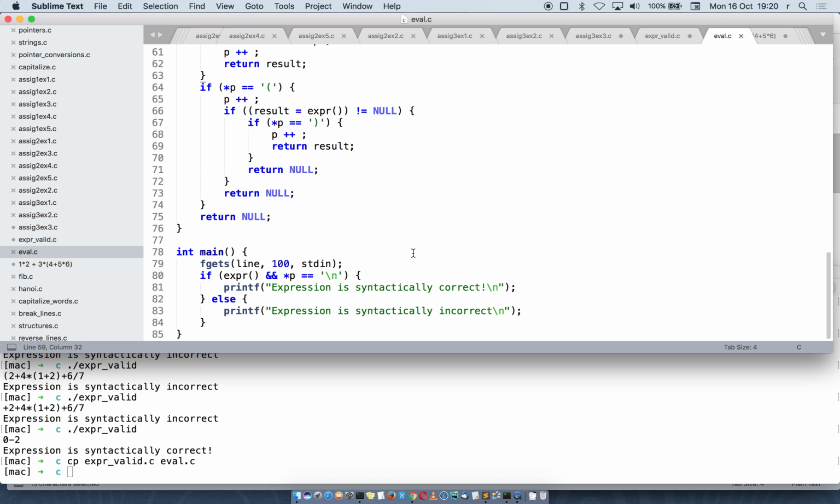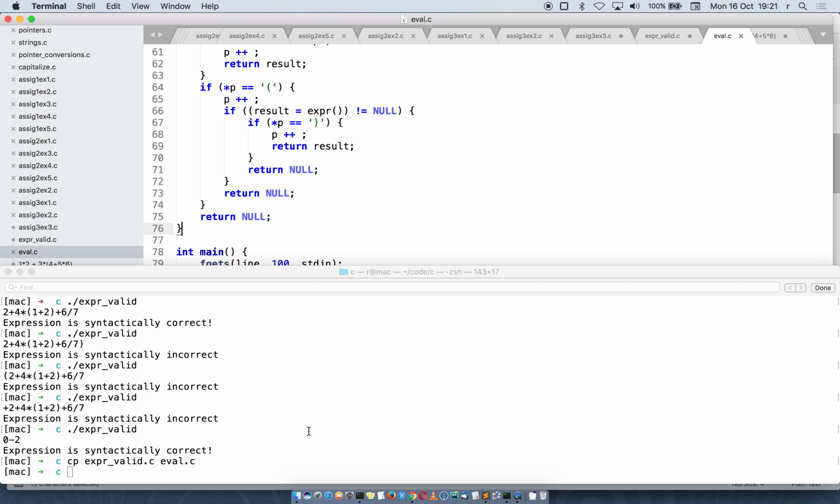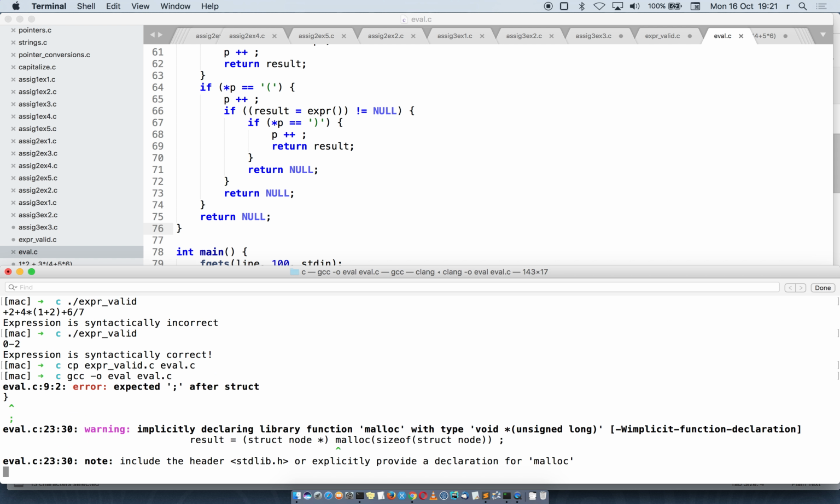Okay, so what shall we do? Well, we need to evaluate. Let's do an evaluation. So one thing I would like to do is do a compilation. Let's see if this should still work. So let's gcc -o eval eval.c